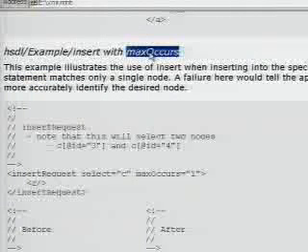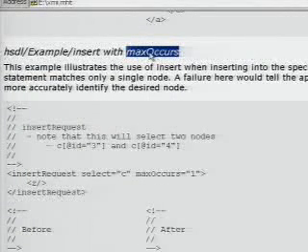And max occurs works the same way, only at the opposite end of the spectrum, which is the default is unbounded. So if there's none, it doesn't really matter. I don't care how many of these things there are. But if I wanted to do an insert operation on 5 contacts and I set max occurs equal to 5, and I went to do a selection and there were actually 6 contacts that matched this selection criteria, then that's an error because that's not something that I was counting on.